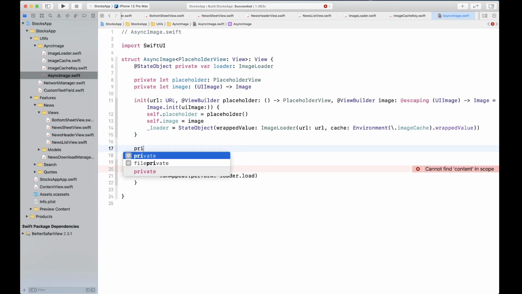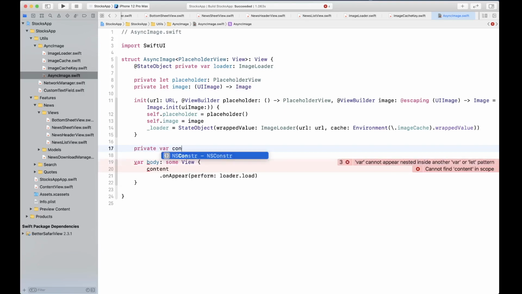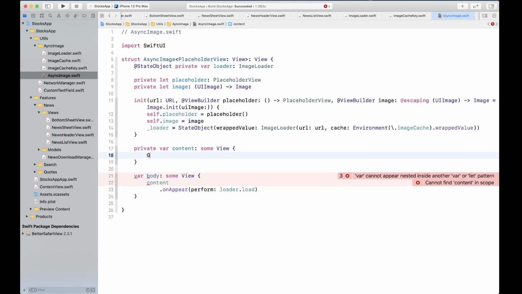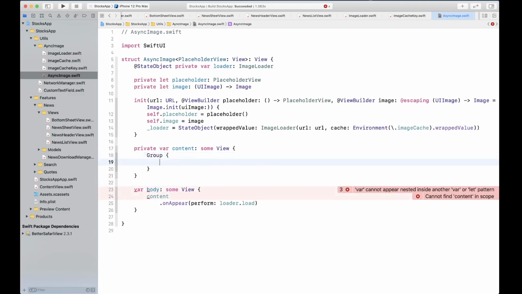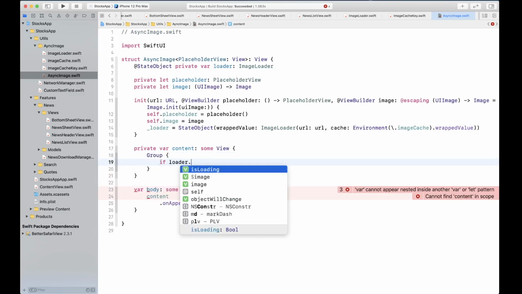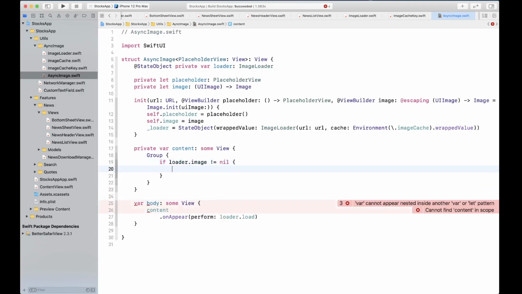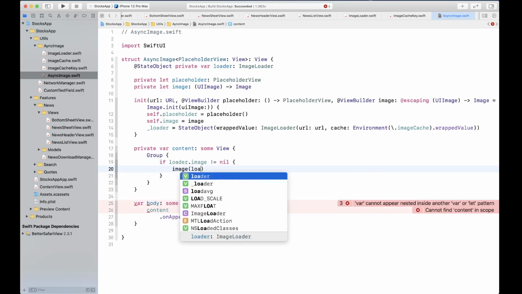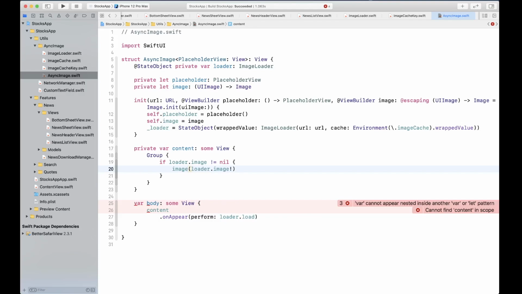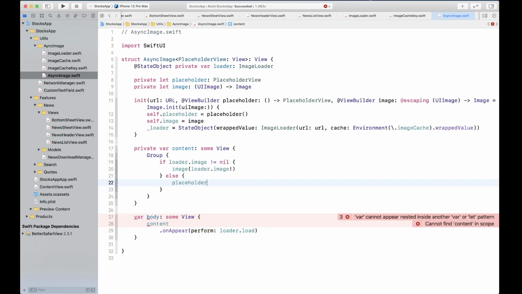It's going to be a private variable which is called content. It returns some View, and this is going to be just a Group, and we're going to check if loader.image is not equal to nil. If it's not equal to nil, then get the loader.image unwrapped and return that. Otherwise, return the placeholder. Okay, and that is our async image.